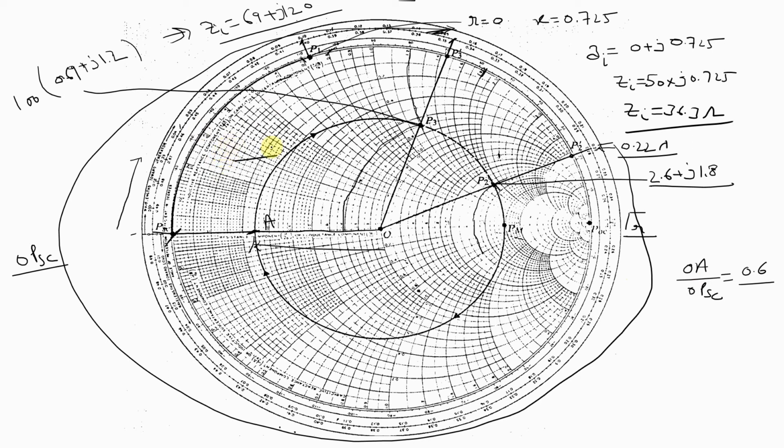Now you can also find the standing wave ratio directly here where it is intersecting. That point will give you the standing wave ratio, because the left hand side will give you the reflection coefficient. And you can also use the formula. We have a relation between standing wave ratio and the reflection coefficient. You can use that formula. So this is how we can find the reflection coefficient.